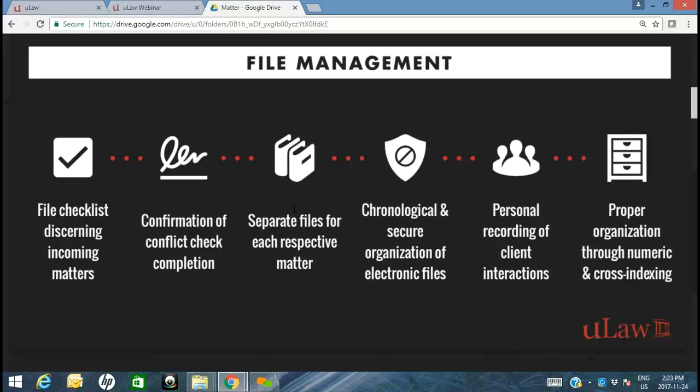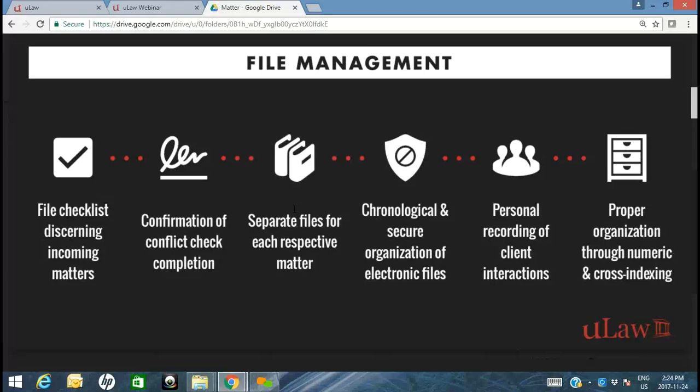Record all of the client interactions, so your emails, your phone conversations, maybe written letters, all that goes into that file with regard to that one file number or matter number, however you like to call it. And an important component of how you name these is the fact that it's got to be unique, right? So we talked about that. A file that's easily